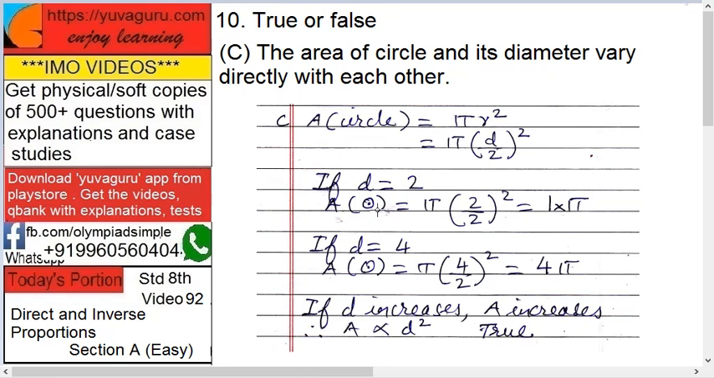If D equals 2, then the area of the circle is pi into 2 by 2 the whole square, right? So 1 into pi. If D equals 4, then pi into 4 by 2 the whole square, that is 4 pi. It means if D rises from 2 to 4, area rises from 1 pi to 4 pi. Both move in the same direction. One increases, the other